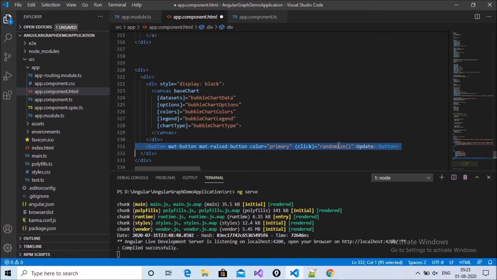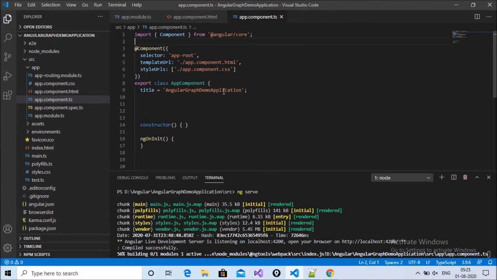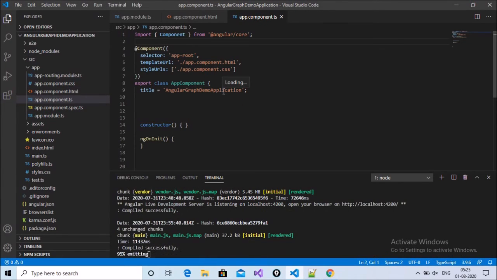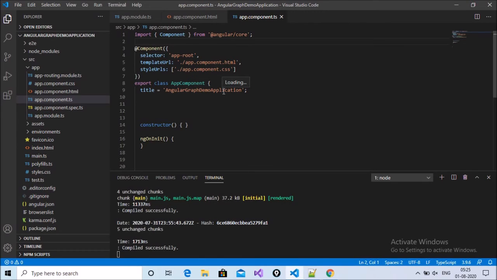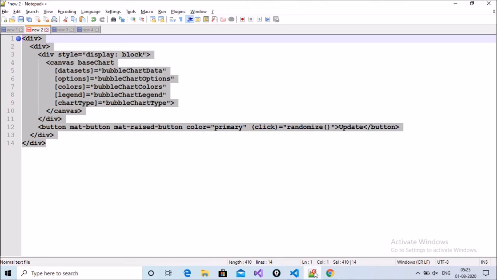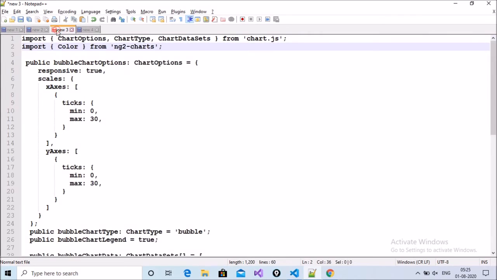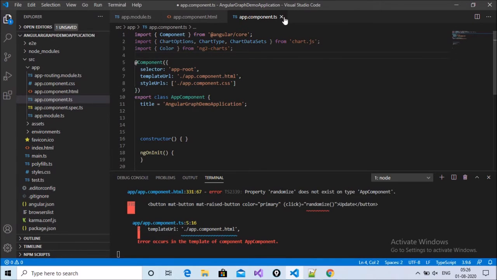Right now, move to the TS part. This is the component, app.component.ts, where we write the TypeScript for the graph. We need to import two packages: ChartOptions, ChartType, and ChartDataset from chart.js, and Color from ng2-charts.